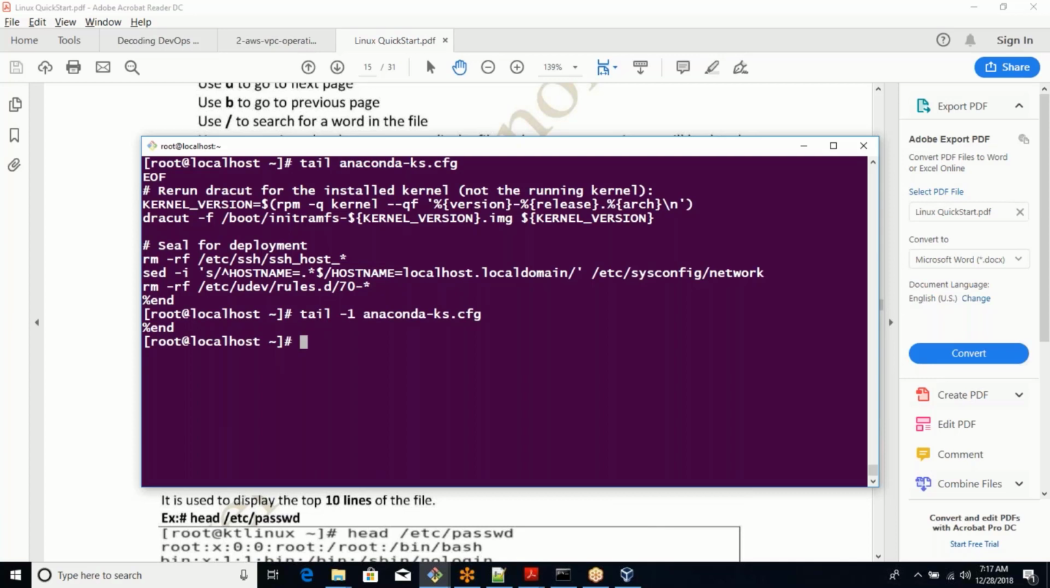Okay, that many lines you can see. This is a very useful command, especially used to see logs and all. Logs get updated at the end of the file, so what happened currently, you can see with the tail command. Tail also comes with one more option, -f,